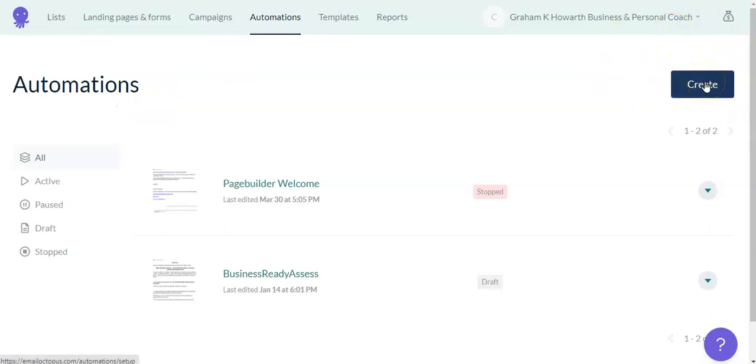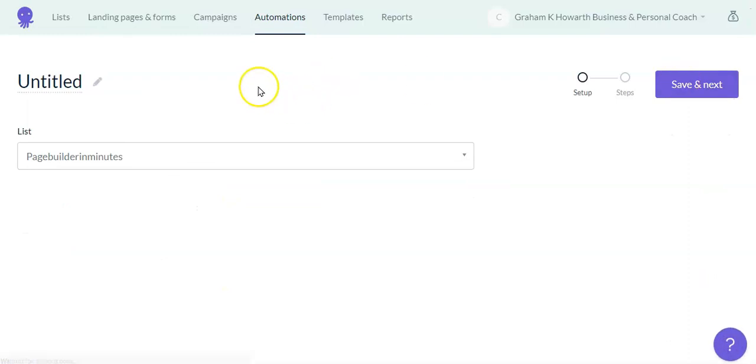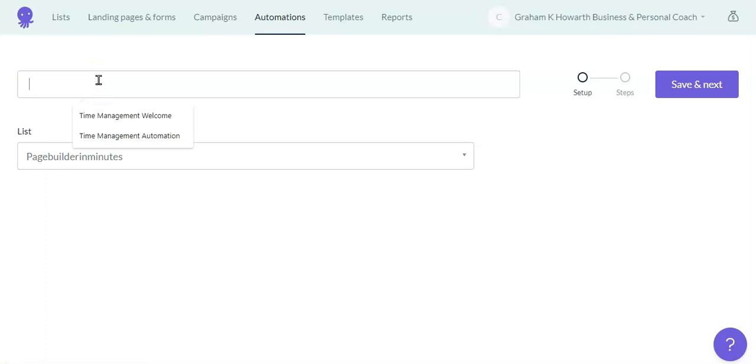If we click the Create button here, this will enable us to do two things. First of all, we can give it a title, and then we can assign the list that the automation is linked to. So if I click on the little pencil there, I'll just call it Time Management Welcome.